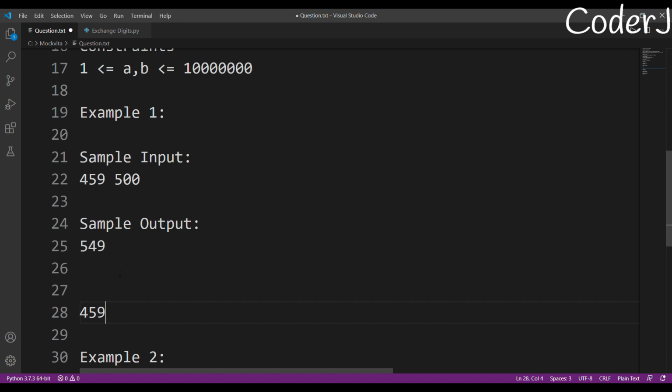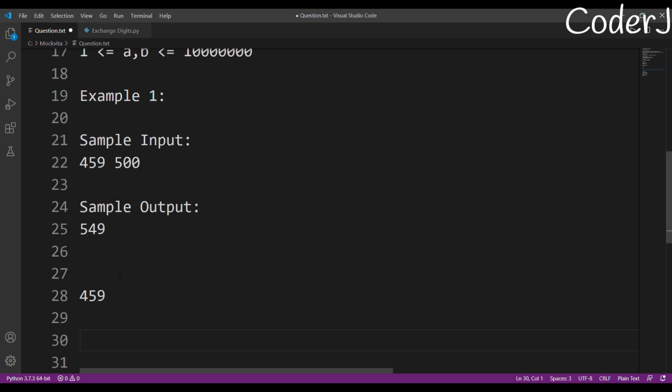We have to create a number by interchanging the digits of 459, a number that is just greater than 500.